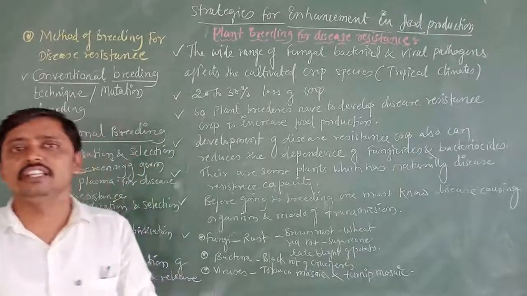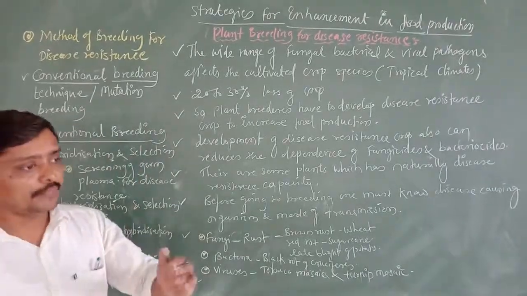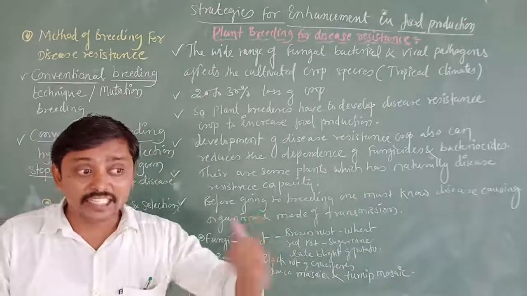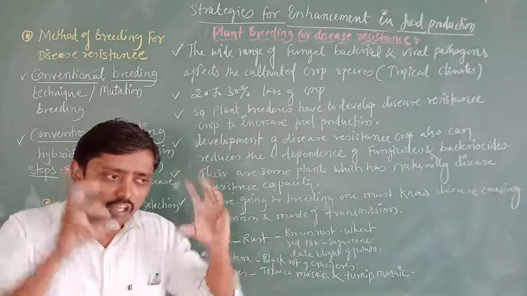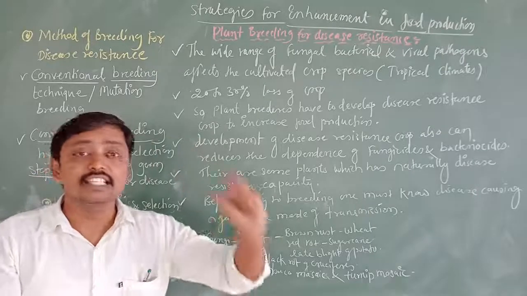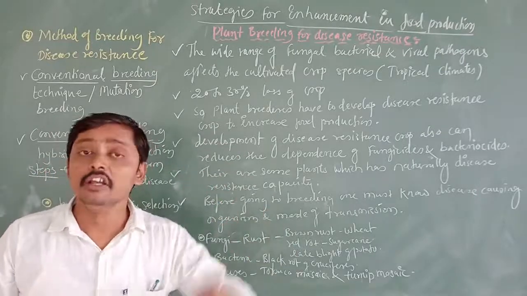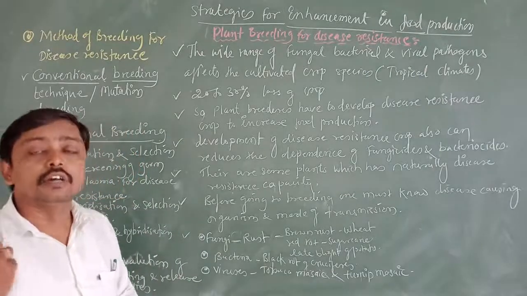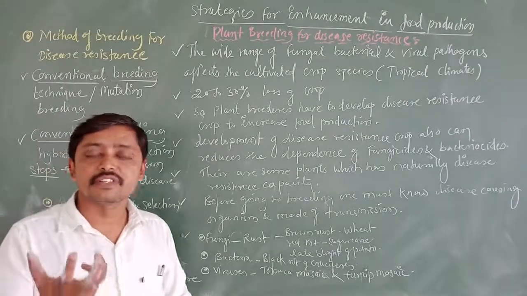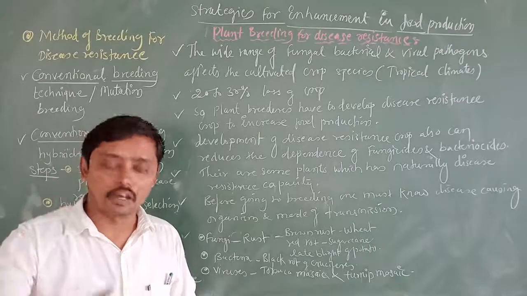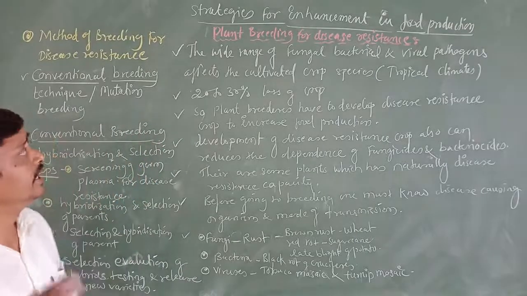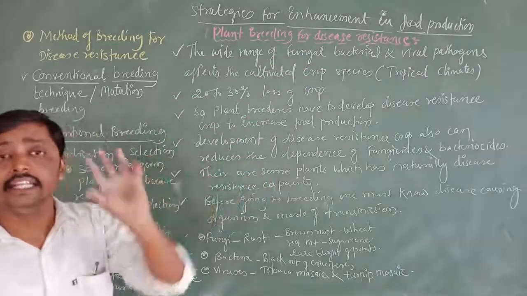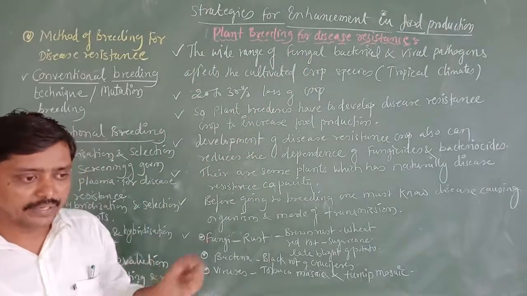Disease resistance genes: when we go for plant breeding, we look at the plants, and when we are selecting the variabilities, we concentrate on disease resistant plants, so that we can reduce crop species losses, that is, food production loss. Understood? Now, here in this point, plant breeding for the disease resistance,